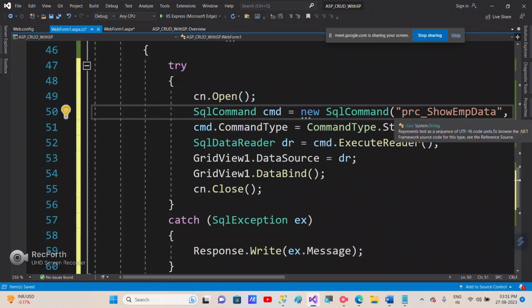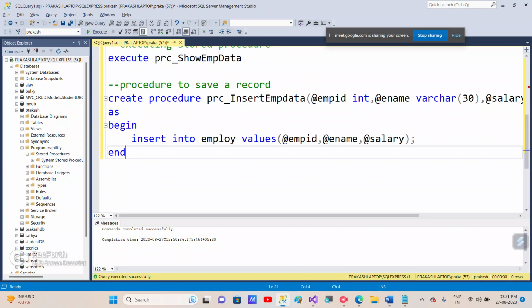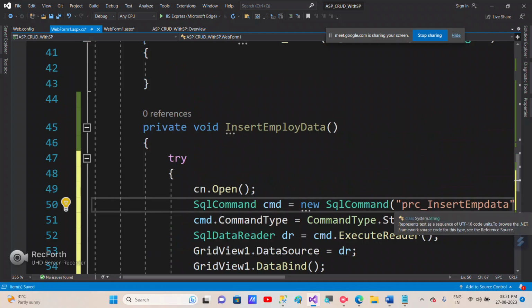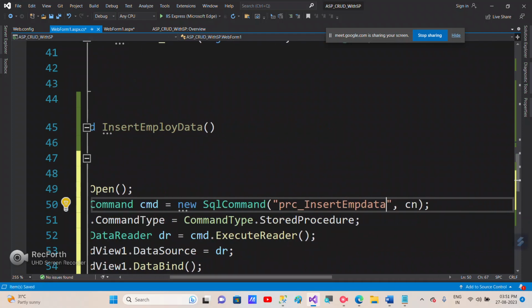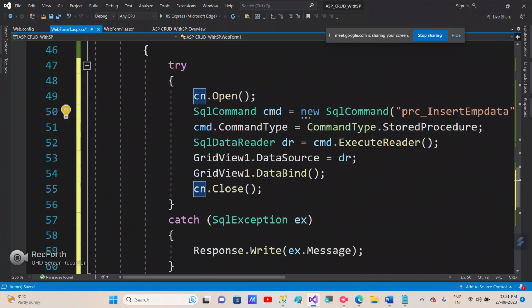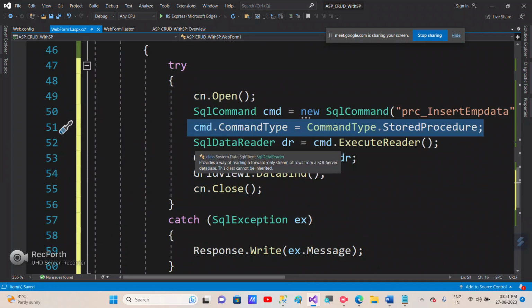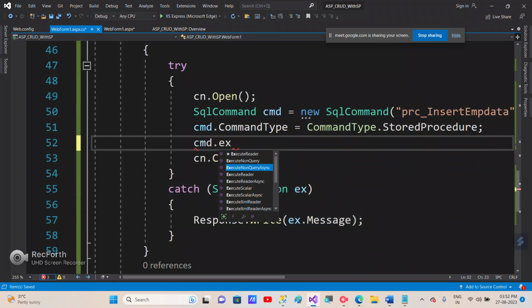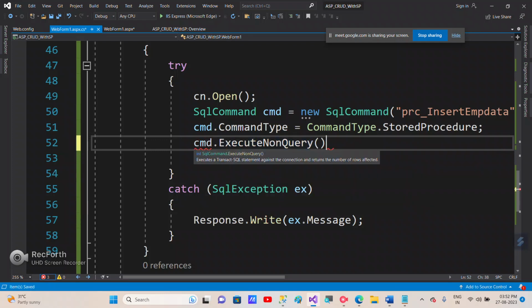connection open common, command is common, but this time what is the procedure name? Just select it, copy. That's the best way to do, guys. Do not try to type it because you may make spelling mistakes. And in insert employee data, we are calling PRC underscore insert emp data, with what connection? CN connection. Command type dot stored procedure is common, but here we need to call the execute non-query. Okay, so cmd dot execute non-query, because non-query will execute that query, and then